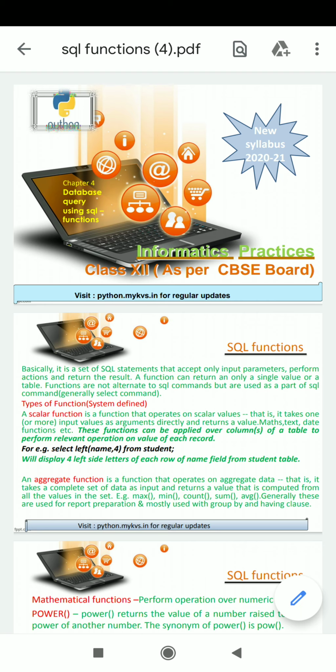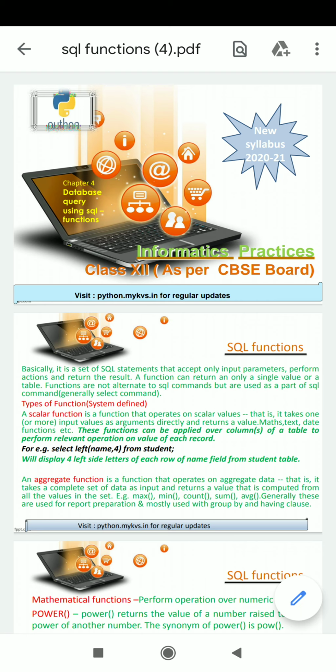It may be any other column name in place of name, and in place of 4 you can use any other number. So it is a single example of a function. There are a number of functions useful inside SQL.